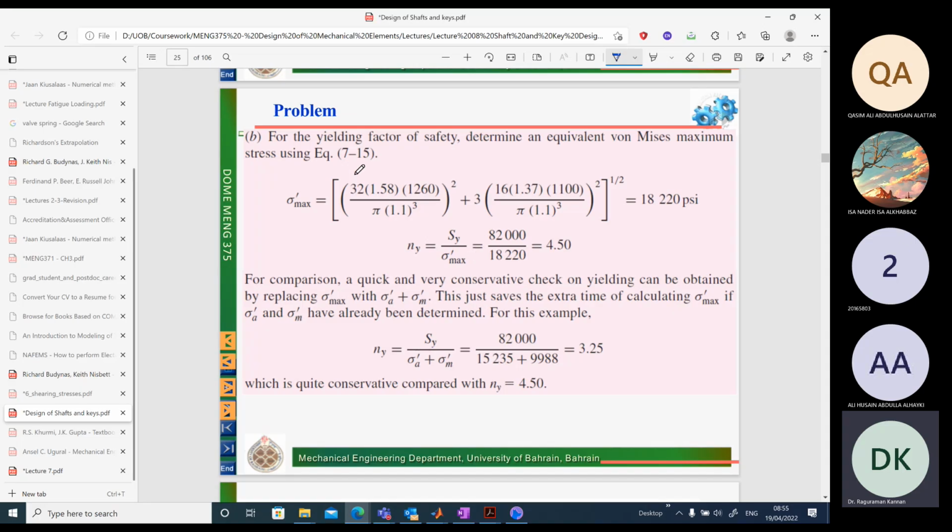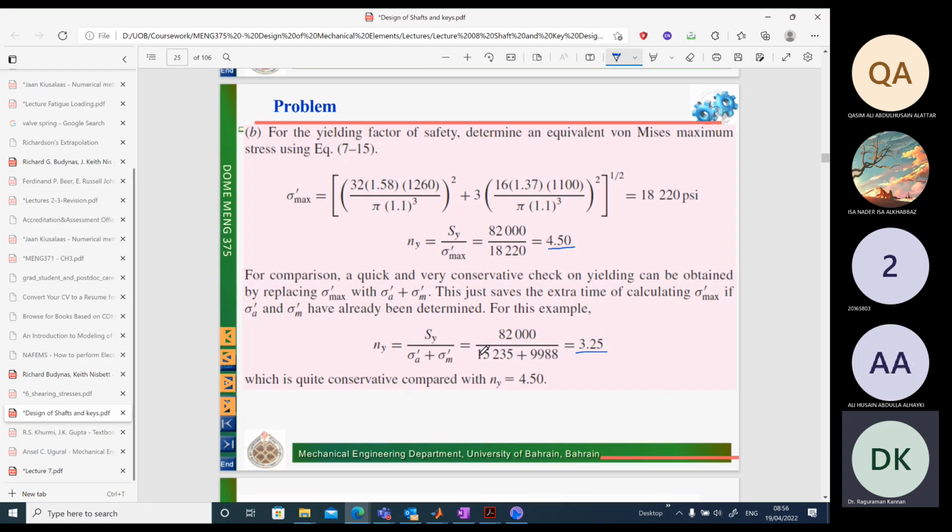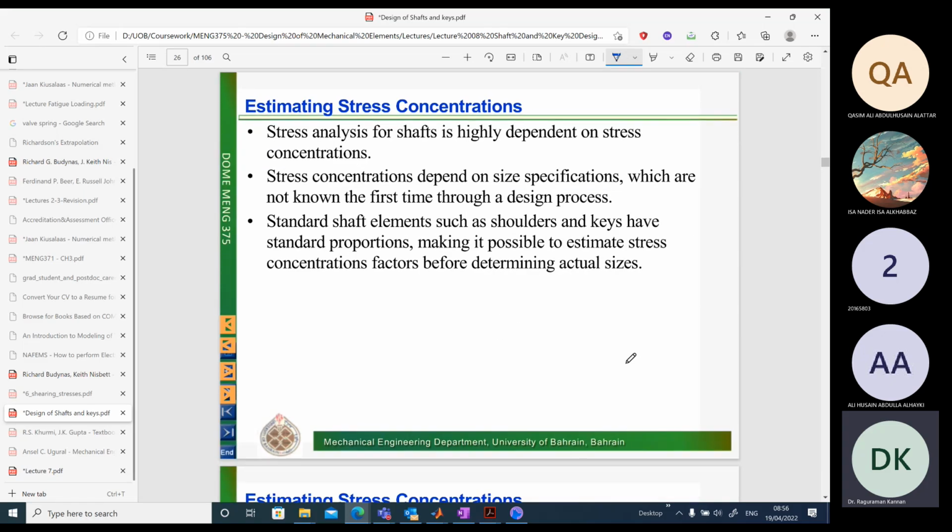There is an alternative formula to calculate sigma max prime approximately. Just add the amplitude and the mean stress. You will get an approximation of sigma max prime. Okay, so it won't be exact like what you have calculated using this formula. So you can see here we get with the exact formula 4.5, with the approximate formula we get 3.25. Okay, so this is a very simple example of calculating fatigue factor of safety when we know what is the